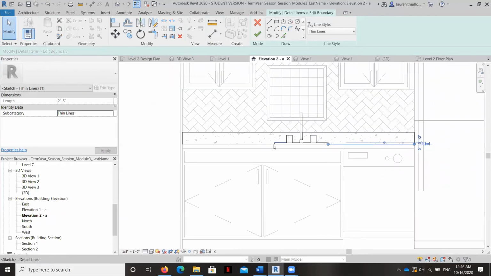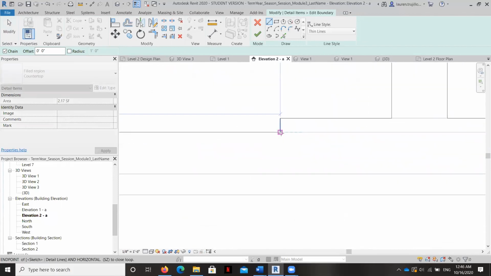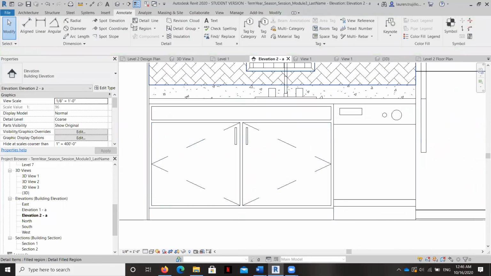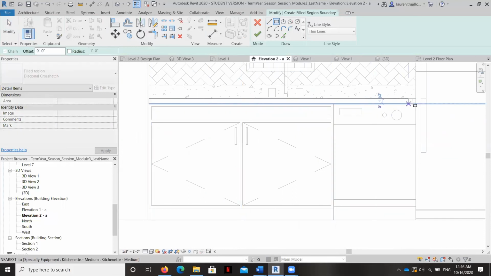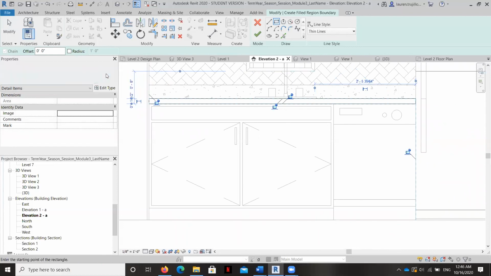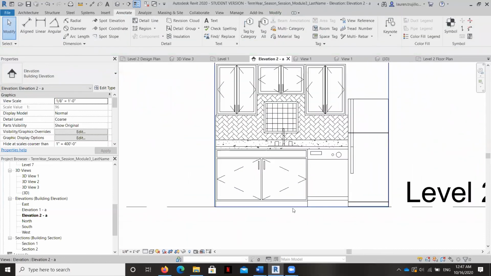And I really want to bring in this bottom countertop as well, but I think to be safe, we would need to go ahead and create a second one, because there's going to be some lines that are going to misbehave. Okay, so there's the granite backsplash there, and then we'll do one more for the front of our countertop. And you can see instead of that filled region, we're going to change it to countertop. And you can see, so now I've got my beautiful sink, my backsplash, my countertop.